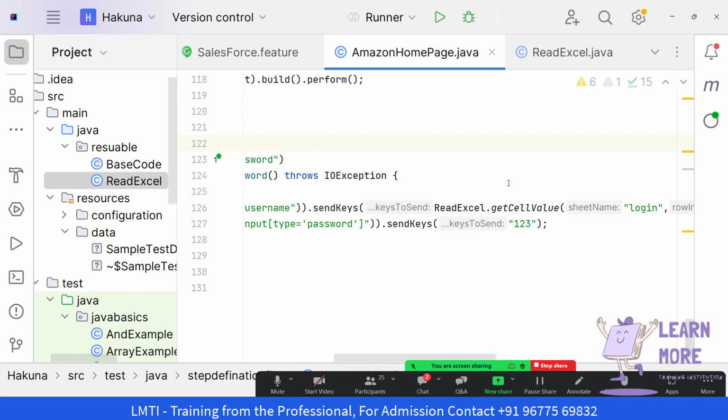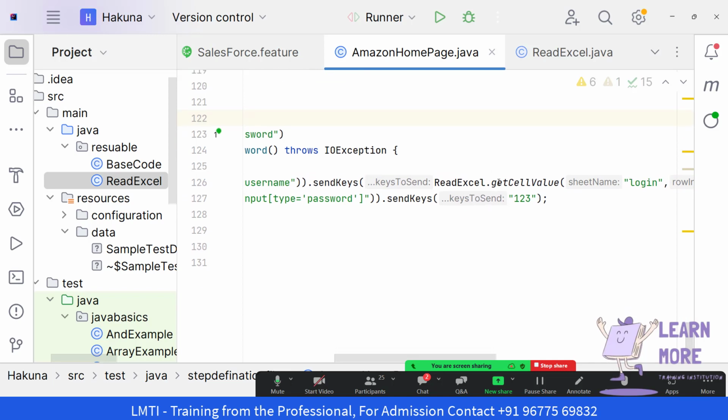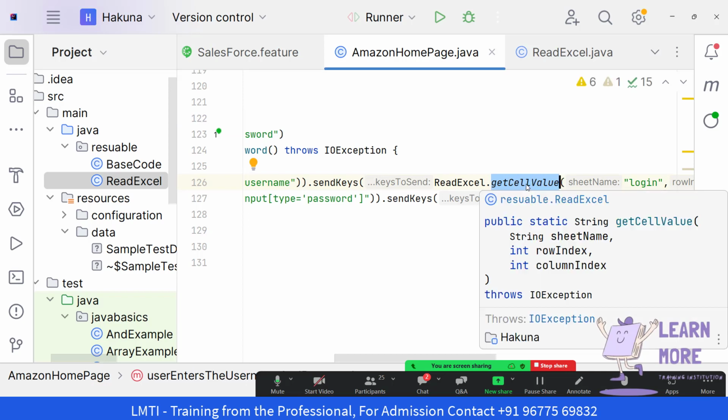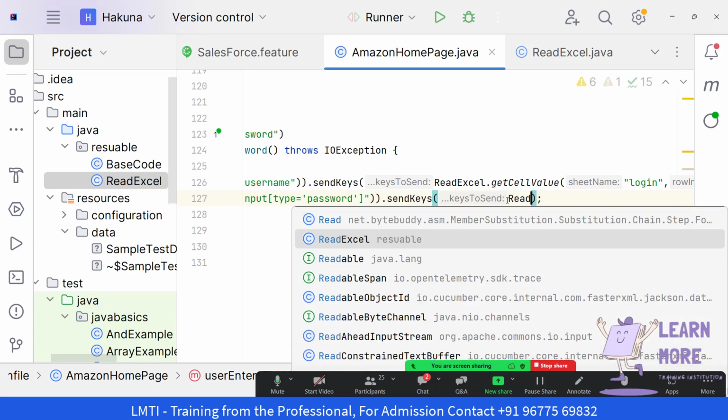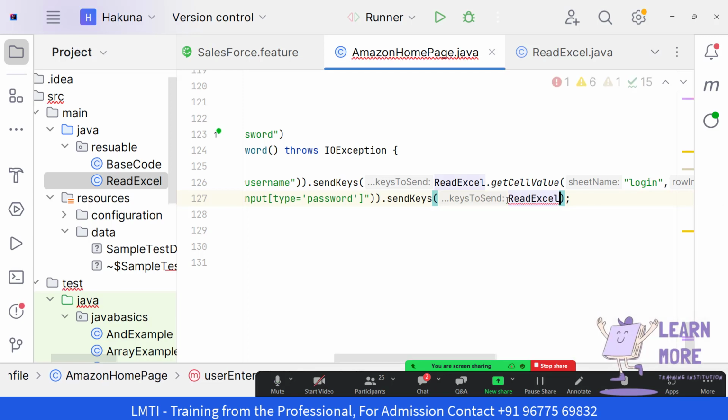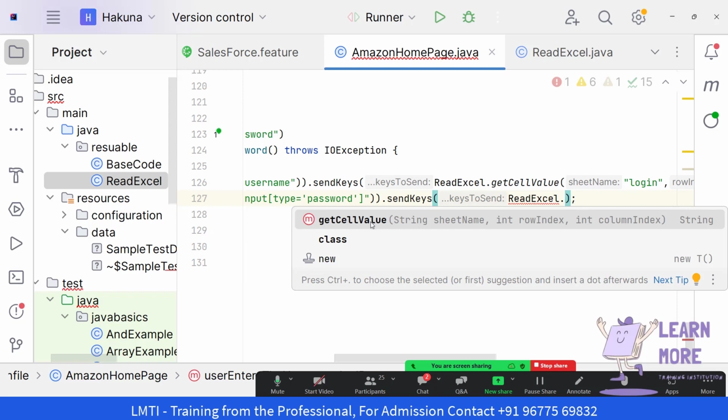So technically, whenever this getCellValue method is executed, it is going to return something. We have a return type, and it is going to return the string value, and the string value will be injected inside the sendKeys. In a similar way, if I need to pass the password, I can reuse the same method which is present inside the class called ReadExcel, and I'm going to use the method called getCellValue,